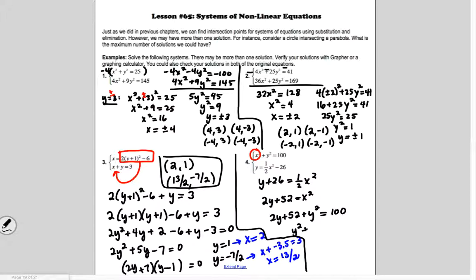So I'd have y squared plus 2y, and if I subtract the 100 over, I'm going to have negative 48. So then I factor. So I get y, I have 8 and 6. Which one has the plus? The 8 or the 6? Because one of them has to be plus. The 8. So I get y is equal to negative 8 and y is equal to 6. So then I go back in and I plug in the one that has the smallest degree. So I'm not going to go all the way up to this one. I'm going to go to this one. Okay. So when I plug in negative 8,